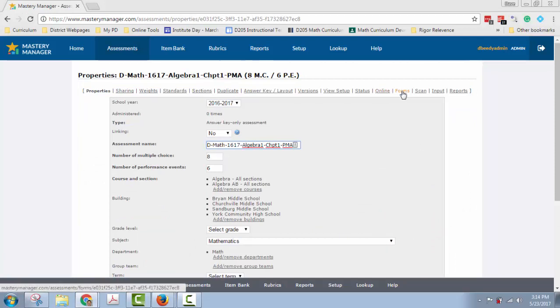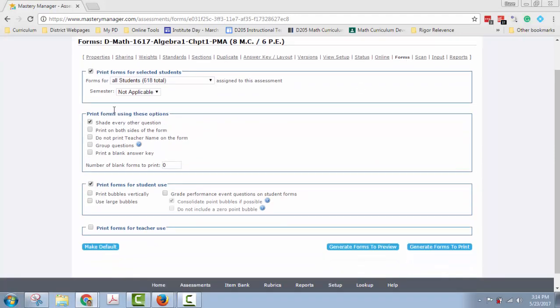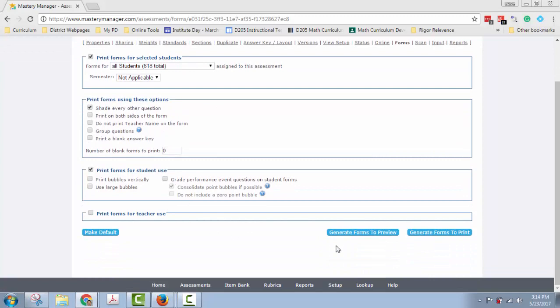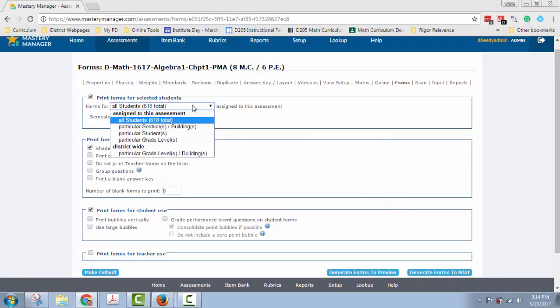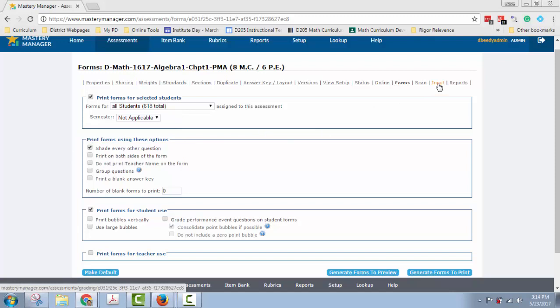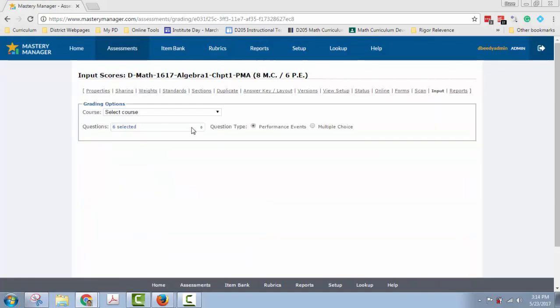To print them, you're going to click on Forms, and you can select different ways of printing. You can always generate the forms to preview before you actually print them. You'll probably only have options to print them for yourself. Another way you can do this, since students don't actually fill out these, teachers will be, you can actually use Input,